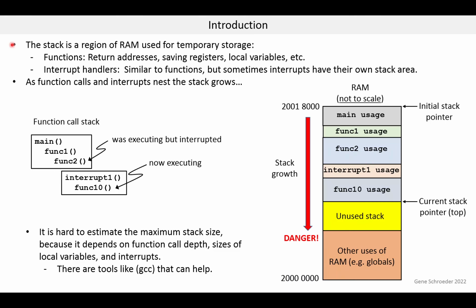The stack is a region of RAM used for functions and interrupt handlers for temporary storage. For functions, the stack is used for things like return addresses, saving registers, and particularly local variables. In some cases, the stack is also used to pass arguments to the function, but CPU registers are used for